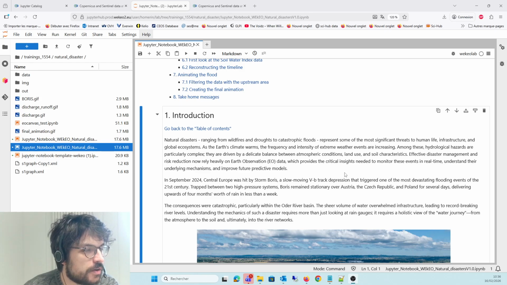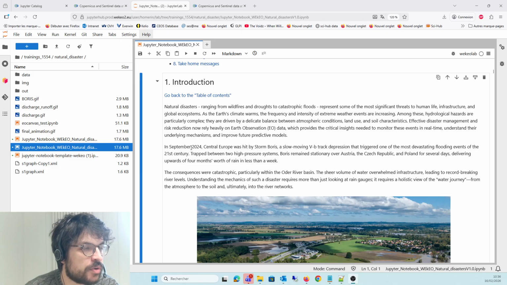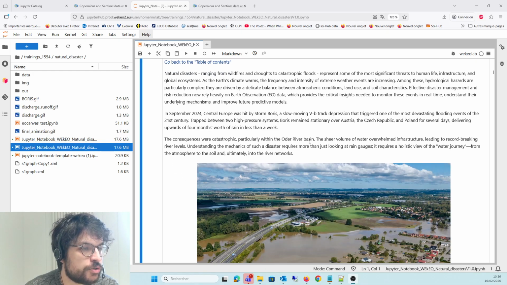And so in our particular case here, we're in September 2024, where Central Europe was hit by Storm Boris, which triggered one of the most devastating floodings of the 21st century in this area. So we know that the consequences were catastrophic, especially, for instance, within the Oder River basin.